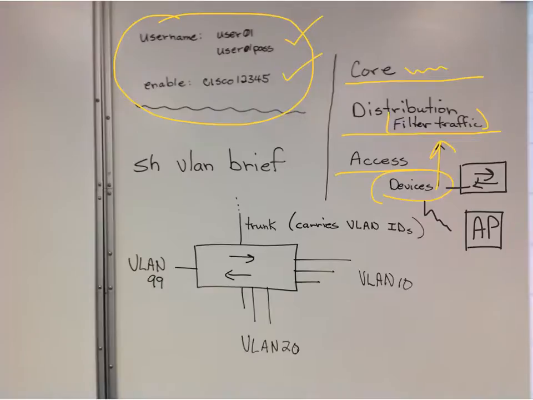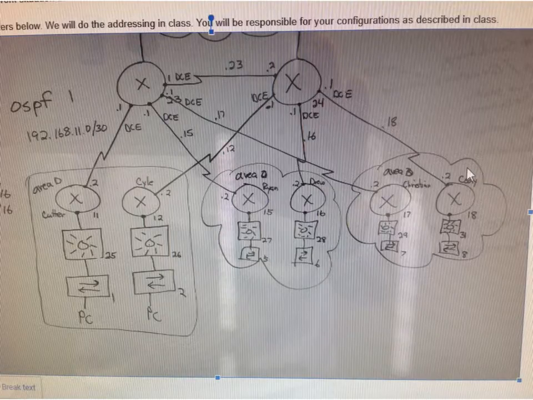So, we talked a little bit about VLANs. Here we have VLAN 10, VLAN 20, VLAN 99. The only way these VLANs can talk to each other is through routing. We talked a little bit about a trunk, which carries VLAN IDs. So let's take a look at some work looking at this. We use this diagram, and we did a number of things. We talked about the switches. We looked at multi-layered switches,